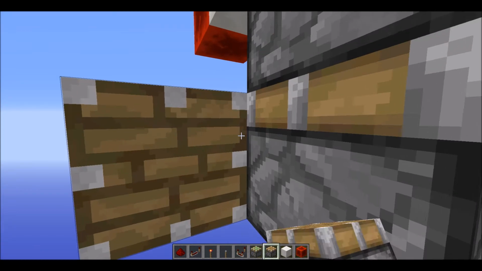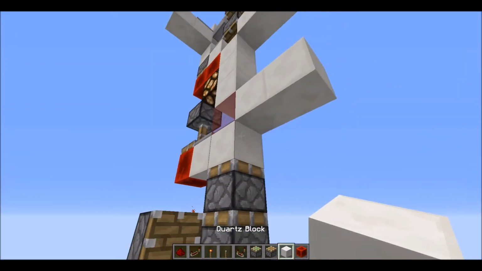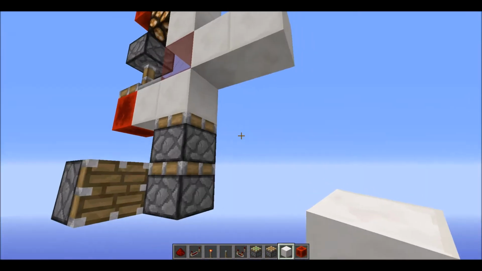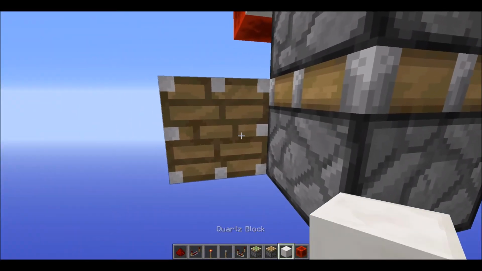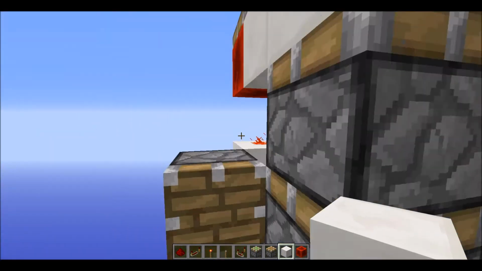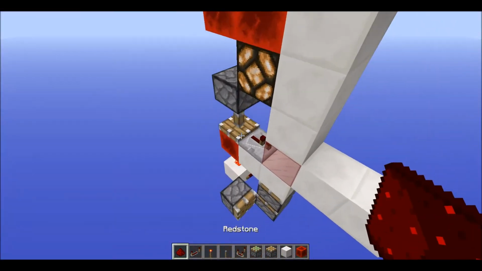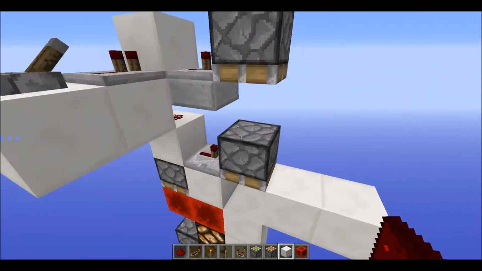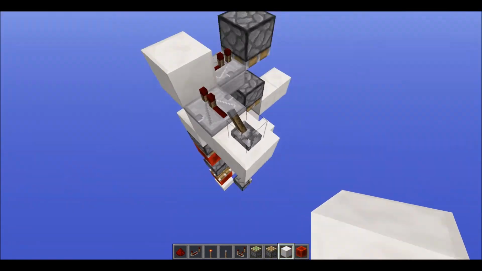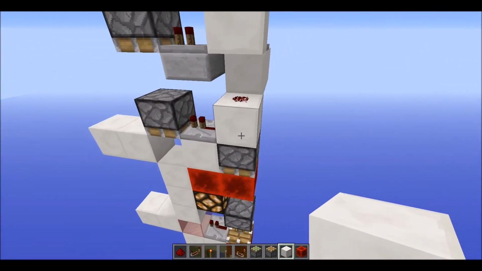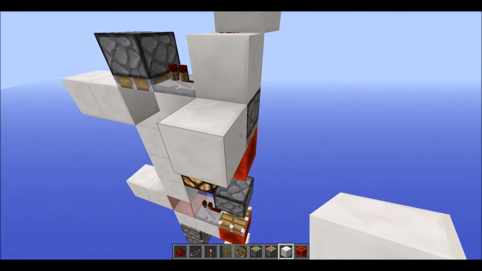But if you do want to make it expandable and move the input to somewhere else, then it's not really that big of a price to just have a normal piston right there. But yeah, so we're going to have that right there if we do want to have it expandable or move the input. So then what you want to do is have a block down right there,